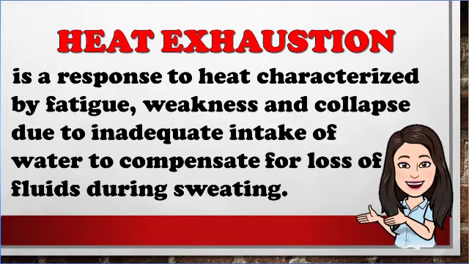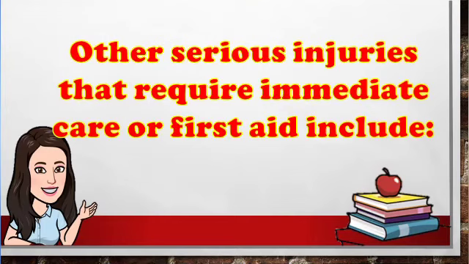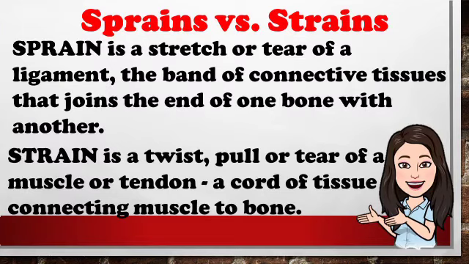Heat exhaustion is a response to heat characterized by fatigue, weakness, and collapse due to inadequate intake of water to compensate for loss of fluids during sweating. Other serious injuries that require immediate care or first aid include sprain versus strain. Sprain is a stretch or tear of a ligament, the band of connective tissues that joins the end of one bone with another. Strain is a twist or pull and tear of a muscle or tendon, a cord of tissue